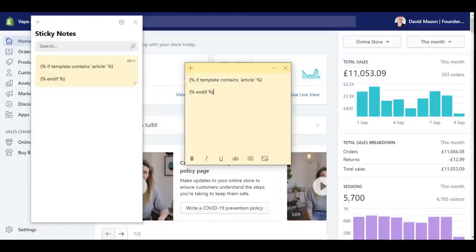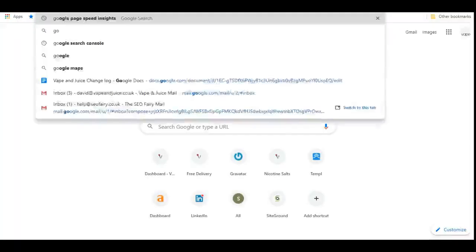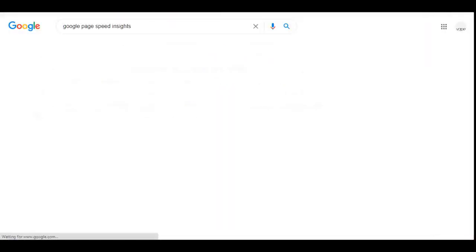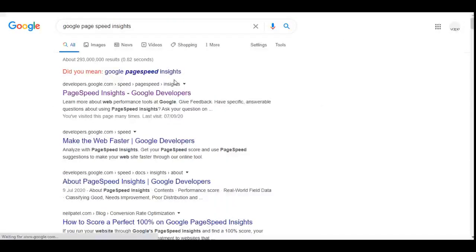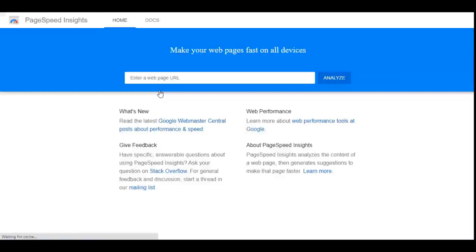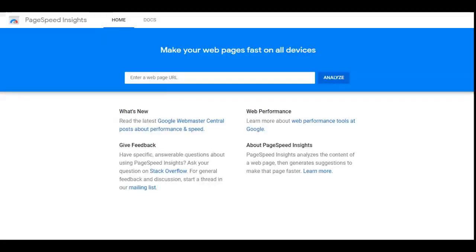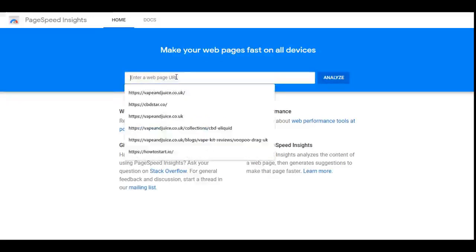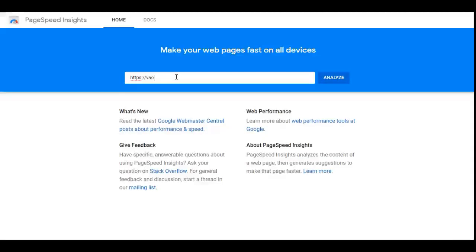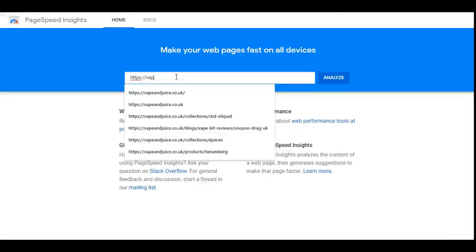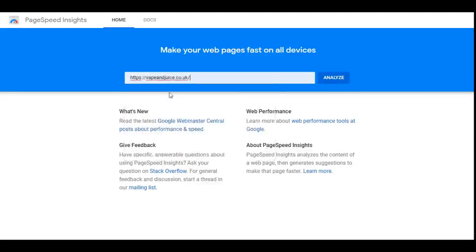Right, so let me just show you Google PageSpeed Insights for my own site that I'm going to show you today. Let's bring it in there. I never actually know what the domain is. No wonder I always have to type it out. You'd think they'd make their own one, like GPSI. Right, so let's pop in HTTPS open juice. For crying out loud, I can't spell today. Okay, so this is a